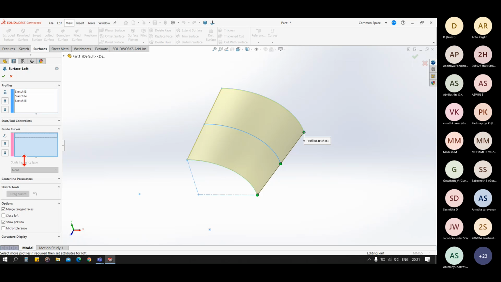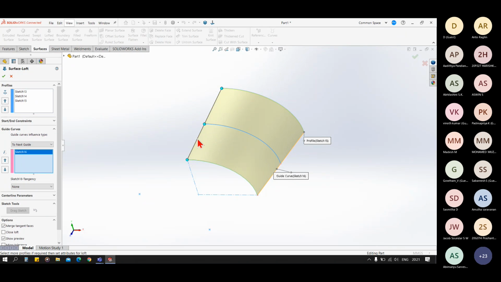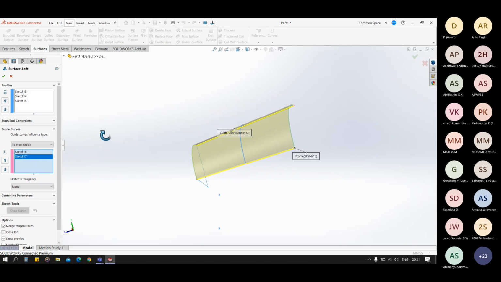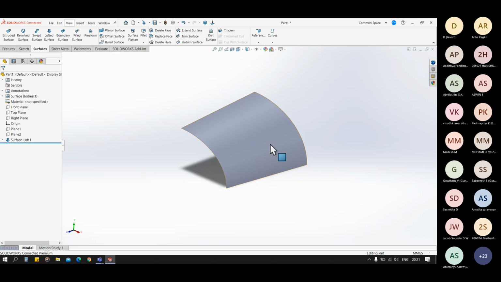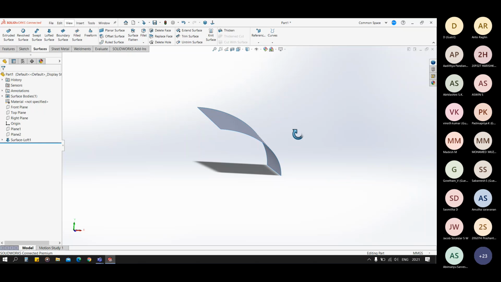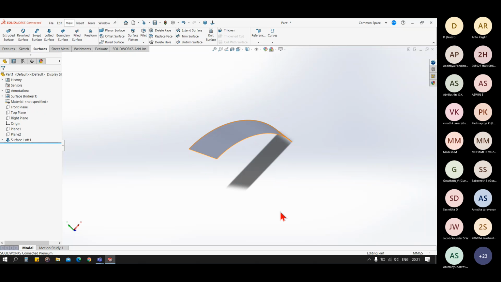And in the guide curves you can select those two guide curves. You can see we have created a surface like this.